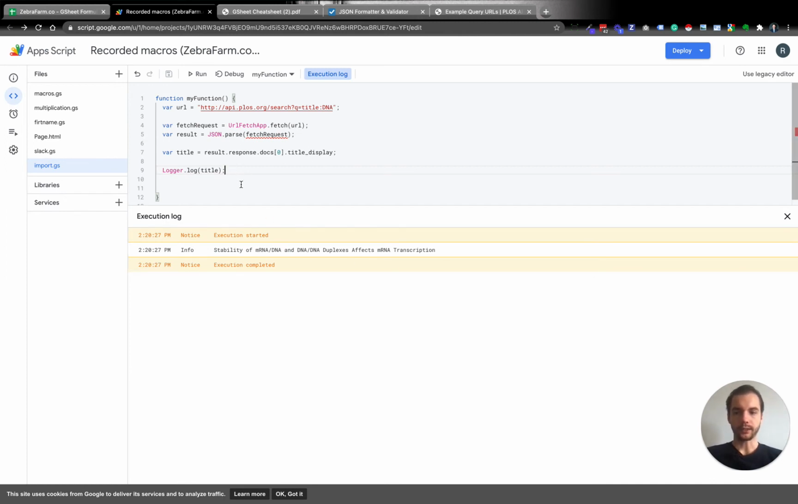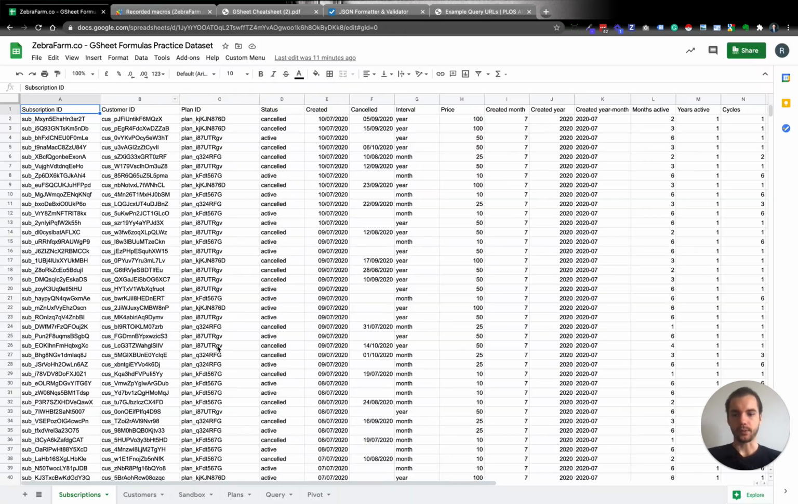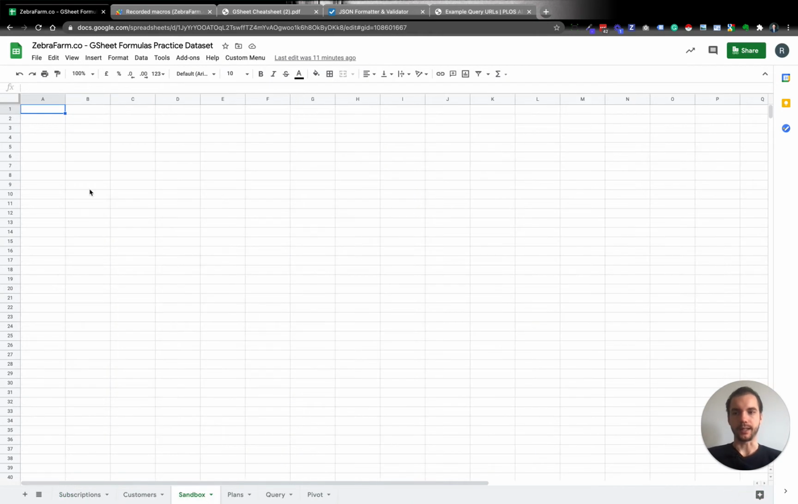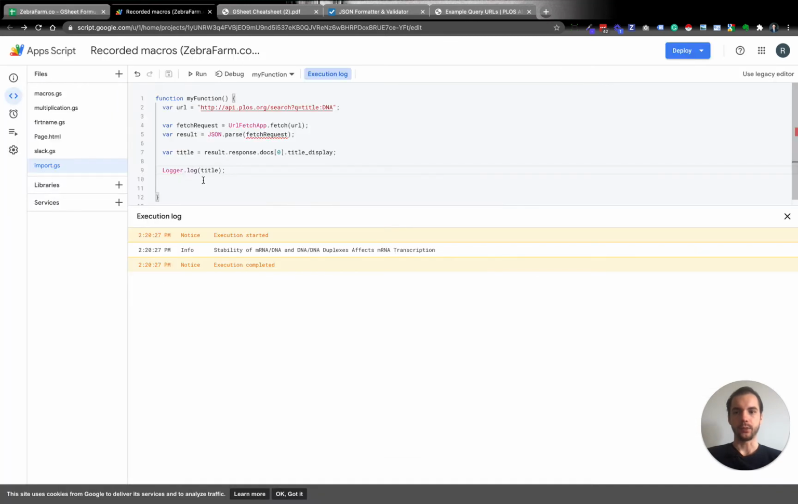So what I would then like to do is take a list of all these titles and insert them in our sheet. And we're going to insert them into the sandbox tab. So the way to do that would be first to make an array of all the titles. So let's make an array of the titles named var titles equals an empty array, and then we're going to loop